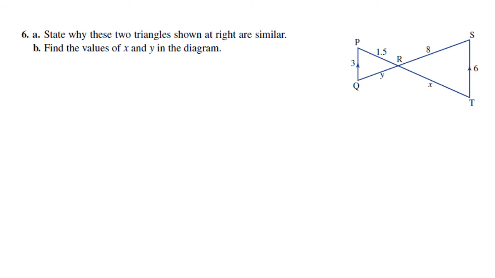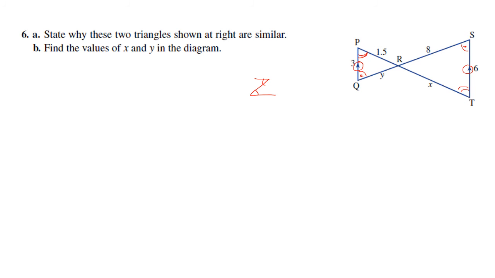Question A. Why are the two triangles at right similar? The first thing I would do is notice that there are parallel lines. So therefore we can use our alternate angle rule. And from that, we can see that this angle here, which I'll mark like that, is the same as this angle here. And this angle here, which I'll mark with 2 lines, is the same